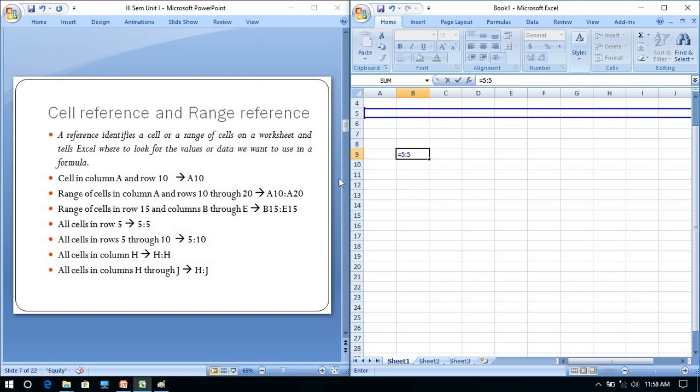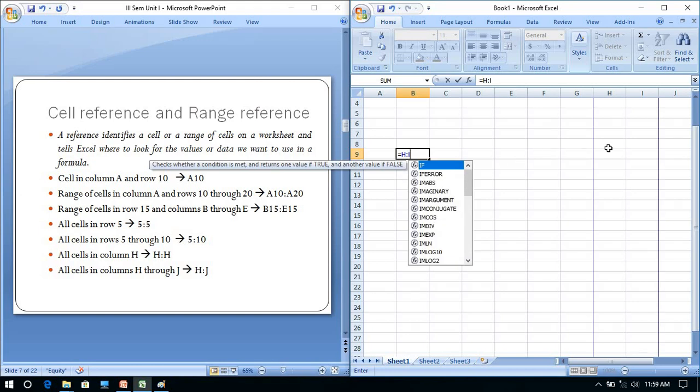This way all the cells of a column, H colon H. Then all the cells through column H through J. I will just mention H colon J, or I will make it here I. So you can see here all the cells of the columns H to I will be selected.